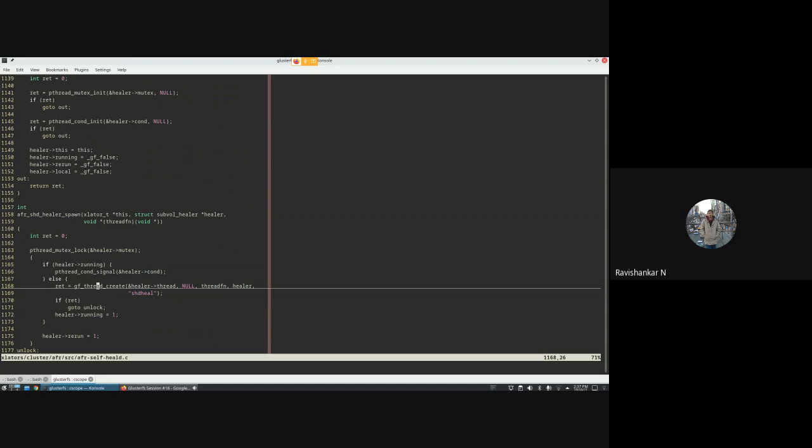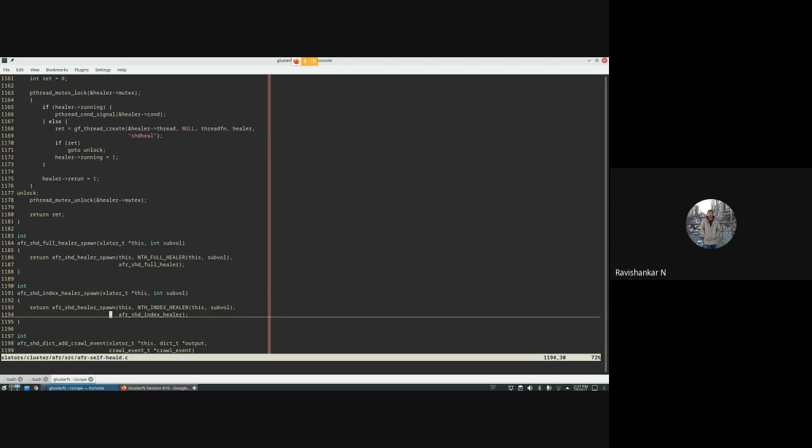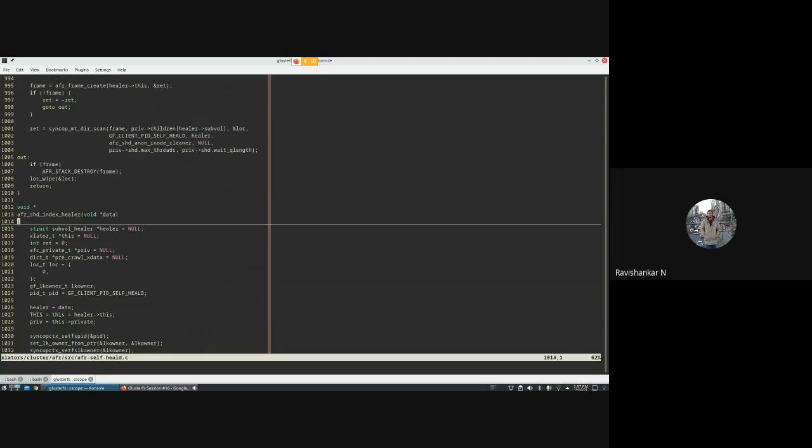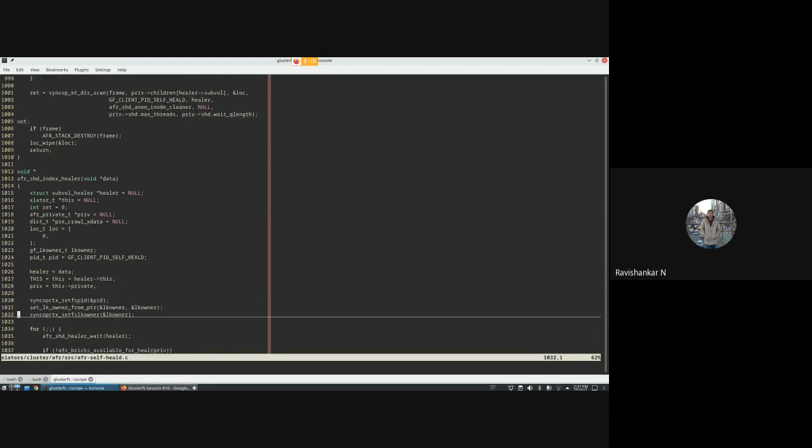The thread that gets called is AFR SHD index healer. So you will see similarities. Earlier it was full healer spawn, here it is index healer spawn, and the function that gets called here is AFR SHD index healer. If you go into this function, it will be similar.